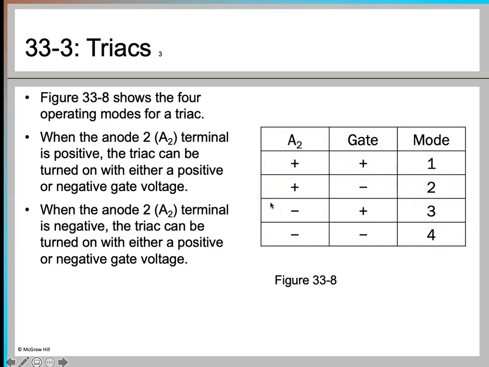And the sensitivity of each of these modes is also dependent upon the temperature. So as the temperature of the device increases, the gate current required may decrease. And triac requires different gate currents for each mode of operation. So triac may not trigger at the same point for each alternation of the input cycle. So therefore, here comes the use of the diac: we use the diac in conjunction with the triac to ensure that the triggering time for the triac is the same for all the modes, when it is working in both positive and negative alternations of the